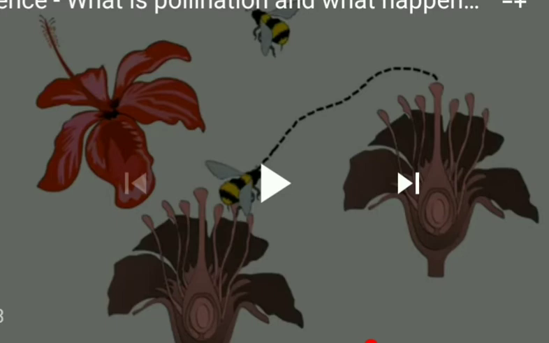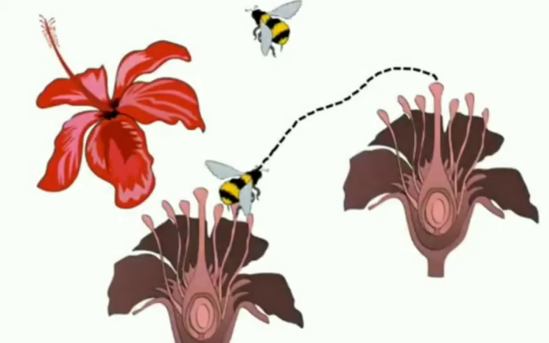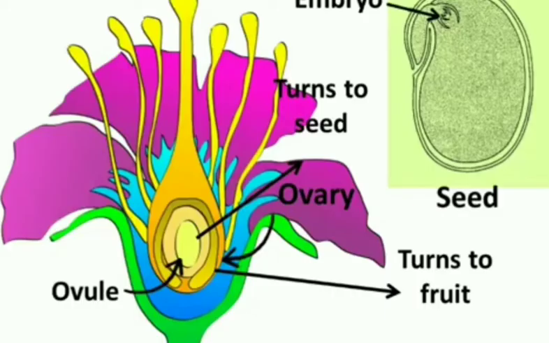So pollination is divided into two kinds of factors, abiotic and biotic. Abiotic factors means non-living, like wind and water, and biotic factors means via animals. There are several, for example via insects, bats, birds. Pollination occurring in such a flower is known as entomophilous pollination. Means pollen grain is transferred from one flower to another flower.